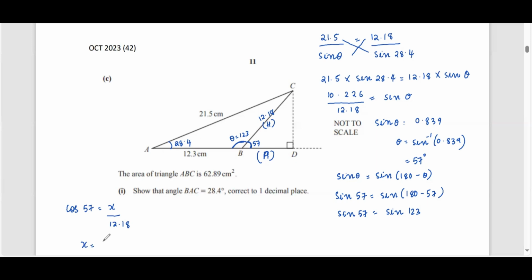So x will be 12.18 into cos 57. So 12.18 into cos 57 will give us 6.63. So 6.6 approximately will be my final answer. 6.6 will be the length